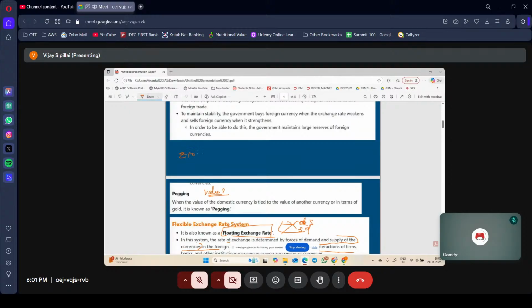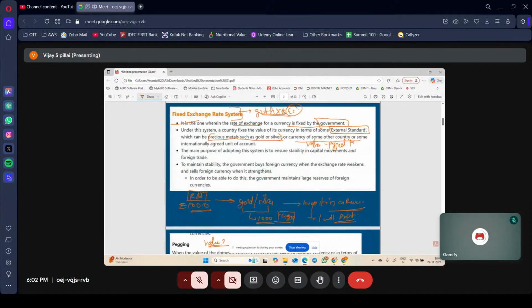I need to print 1000 rupees. I am the RBI, and the RBI needs to print 1000 rupees. So what they will do is take gold or maybe silver worth 1000 rupees, maybe some 0.4 grams or something equal to 1000 rupees. I will keep it in a reserve, then I will print. You understood? Yes, sir.